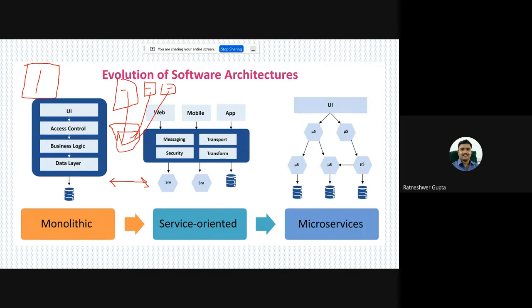So nowadays the concept of architecture has changed, and it has become more distributed in nature, with different software in different places. Some components might be in nearby places, and some in remote places like the USA or other countries. Whenever you develop software, you take different components from different places.